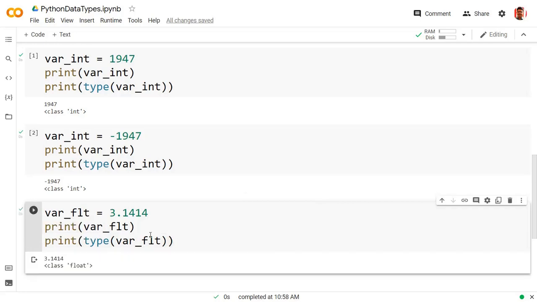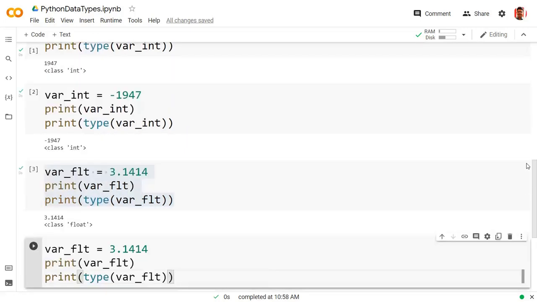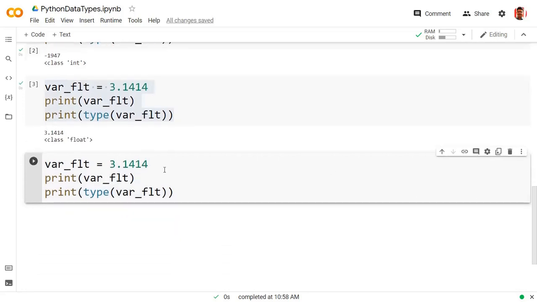I got the output and I also got the data type. Again, important to remember: all positive and all negative numbers with a fractional value are considered float values. A number with a combination of whole number and fractional part together makes a float.